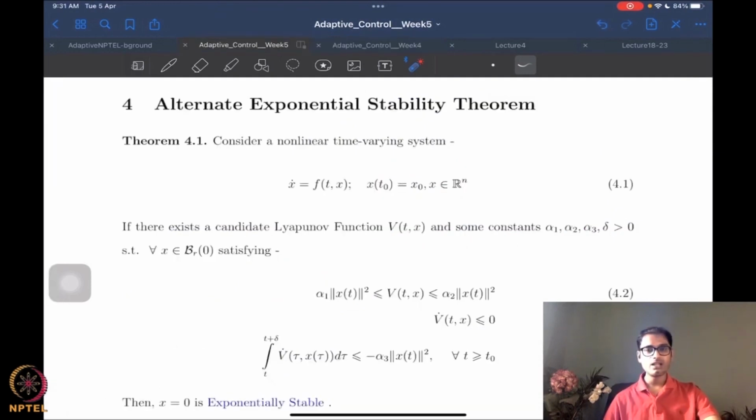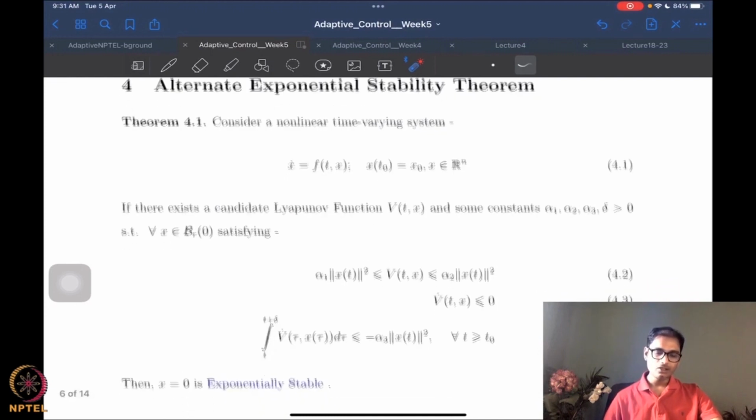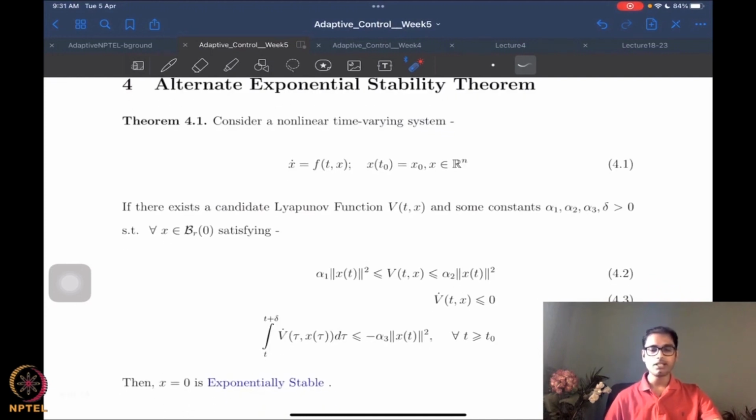We want to give what looks like a weaker result, but it's not. So we want to give an alternate exponential stability theorem. What is it? It is essentially saying that if I have a non-autonomous system, x dot is f(t, x) with some initial condition, what I want is a candidate Lyapunov function and some constants alpha 2, alpha 3, delta positive, such that for all x in a local domain,